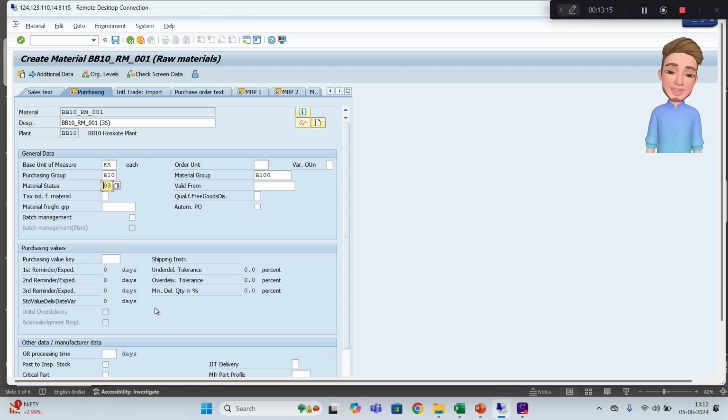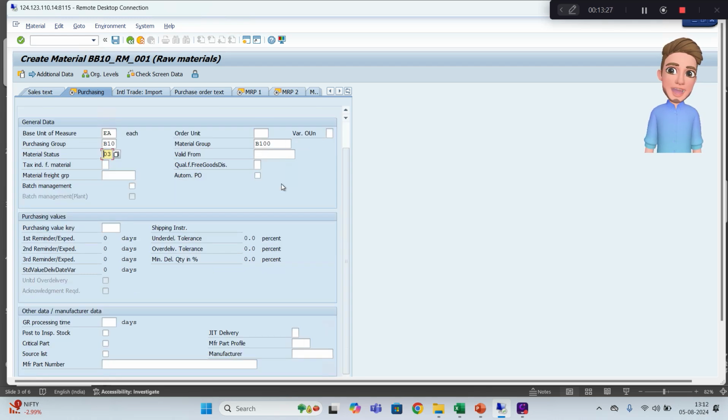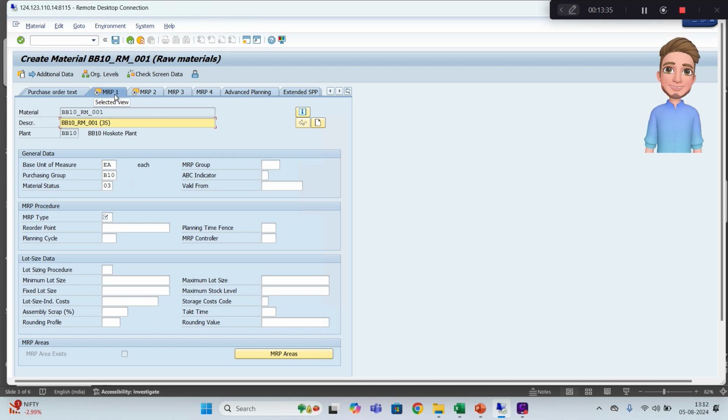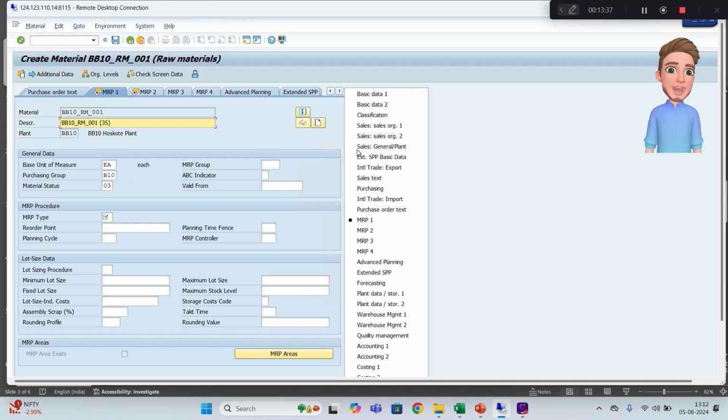Okay, so here GR processing time, how many days it takes to process a GR, goods receipt, you can give the number of days. Then this material is valid from so and so date, you can set the validity and a few other aspects which I am not going to do. Now when I click enter, it will not go to international trade import. See, enter, so it directly comes to MRP1